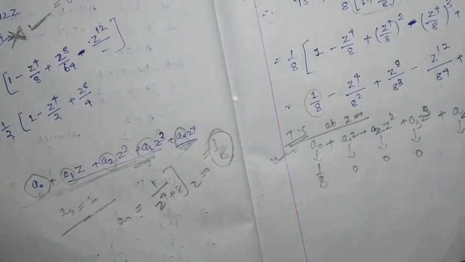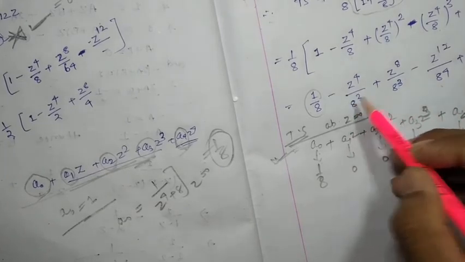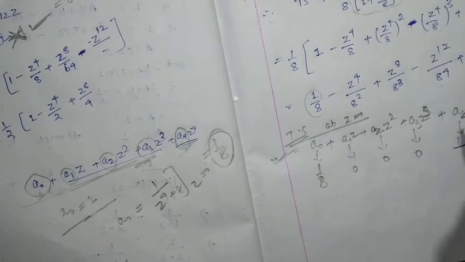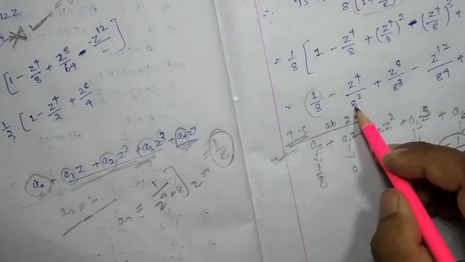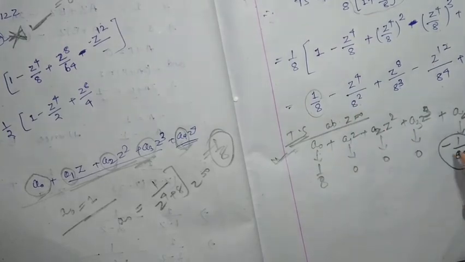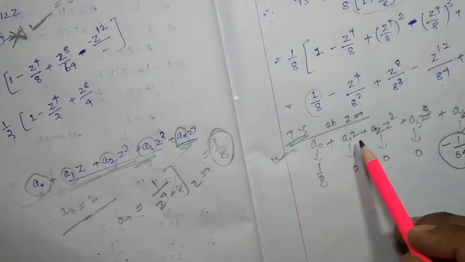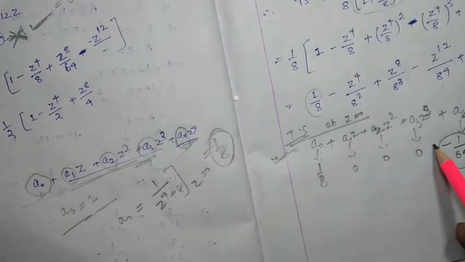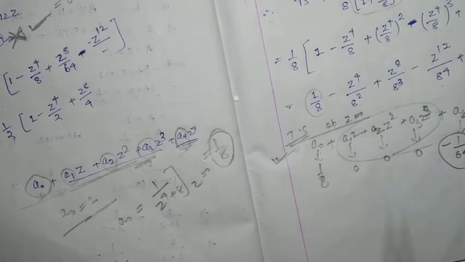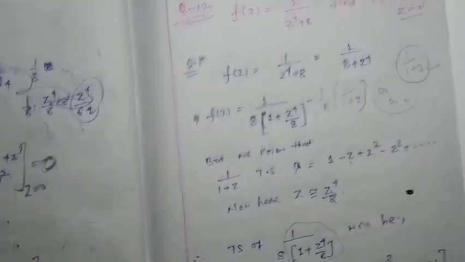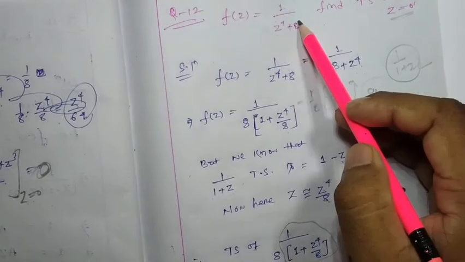Okay, that value you can find, minus 1 by 64. Here 8 square, no, so you can find minus 1 by 64 and z to the 4. This term you are going to get. So in between, these a1, a2, a3 terms are going to be 0 if we are going to find out the Taylor series of this one traditionally. You check it out in rough.